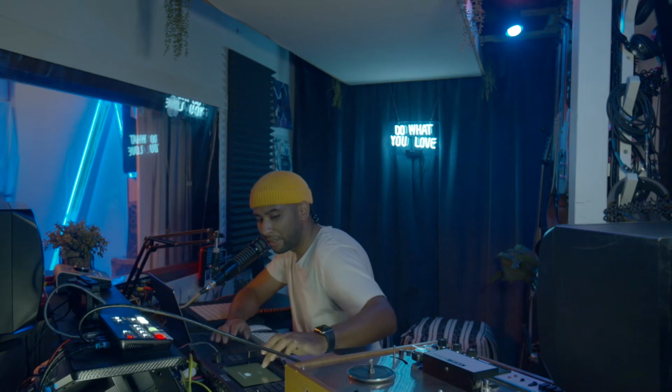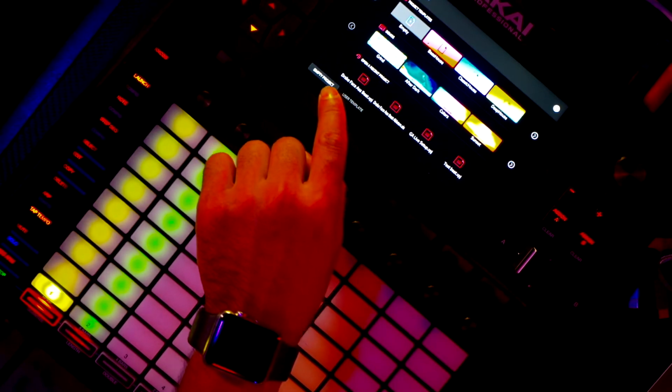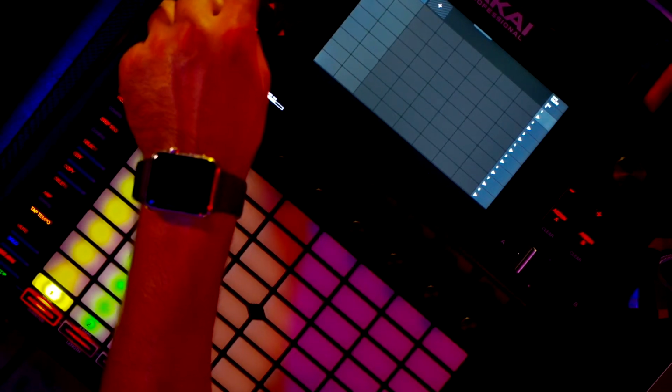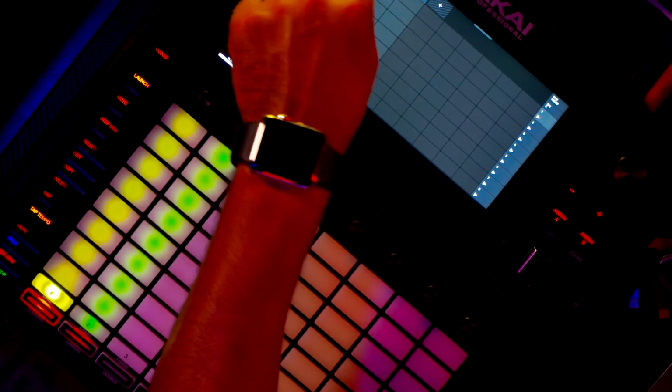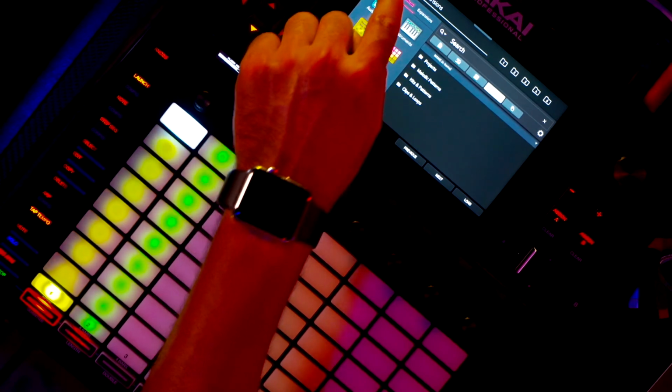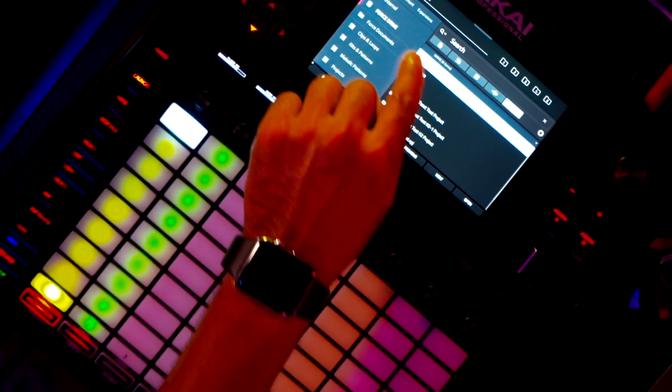And that is the same file. So if we go into standalone mode on this guy and we open up that session, we go in here and go to empty project and then menu, browser, places, Force drive,